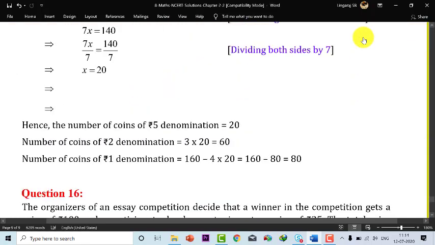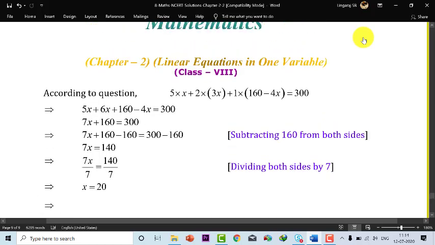Here we should solve this with the help of the given question. So we simplify this. 2 into 3x is 6x, and then multiplying, we get the same numbers, which is 160 minus 4x. So we can write 5x plus 6x plus 160 minus 4x equal to 300. Here we simplify these terms: 5 plus 6 is 11x, 11x minus 4x is 7x